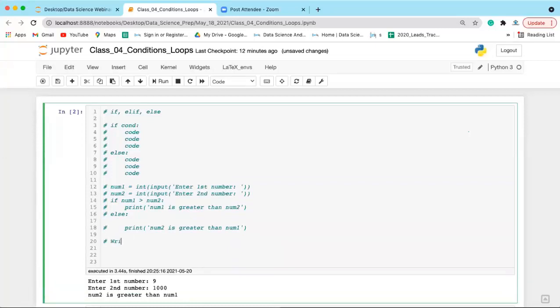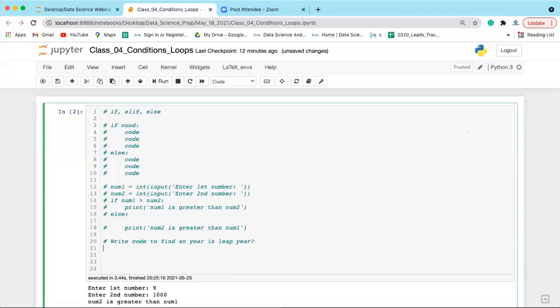Now you guys can write the code. Write code to find whether a year is a leap year or not. How will you find that? If any year is divisible by 4, that is, year modulo 4 is equal to 0, then we check whether that year is divisible by 100 or not.